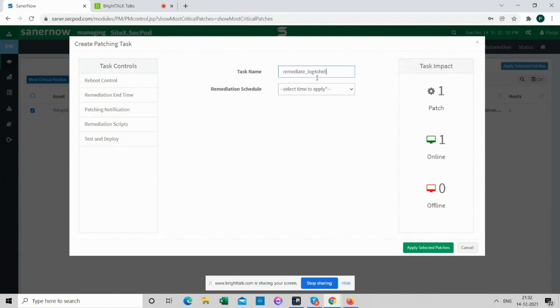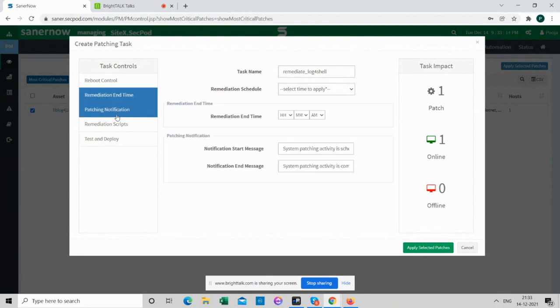This is useful when you want to know the status, if it has been patched, and if there is a reboot pending. You can also configure whether you want to patch immediately, wait for a scheduled scan, or do it at a later point of time. And if you want to control reboot, that option as well is available. There are various other options, like you can say by when it should complete, or if you want to stop a service before starting to patch, or bring up a service post patching, that is possible through remediation scripts.